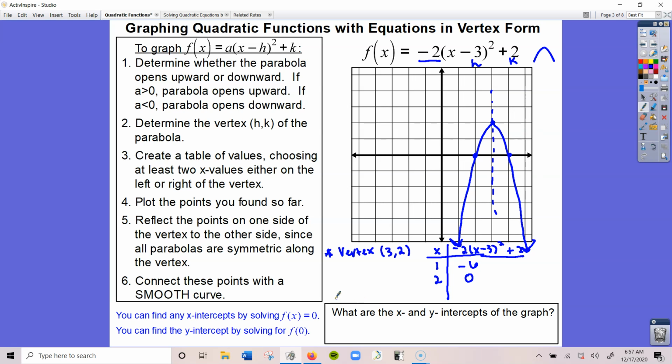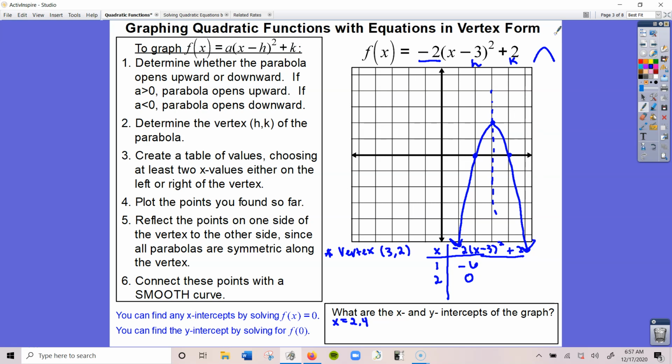Okay, now in order to find the x and y intercepts, if you graphed it, the x-intercepts, we can just look at where it touches on the x-axis, which would be at x is equal to 2 and 4. Or if you were to solve it algebraically, what we would do is set the function equal to 0 and solve. So I would set negative 2 times (x minus 3) squared plus 2